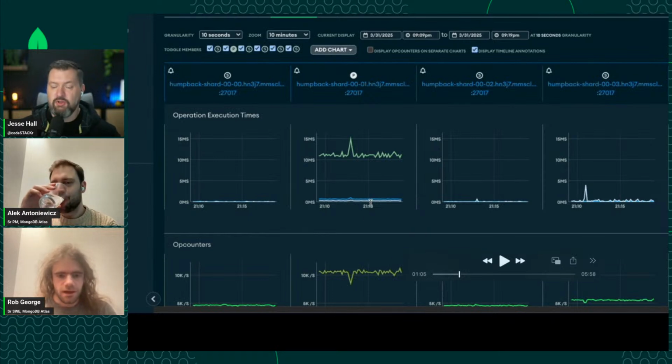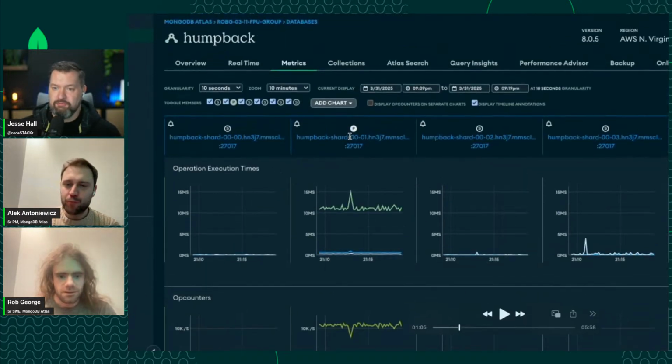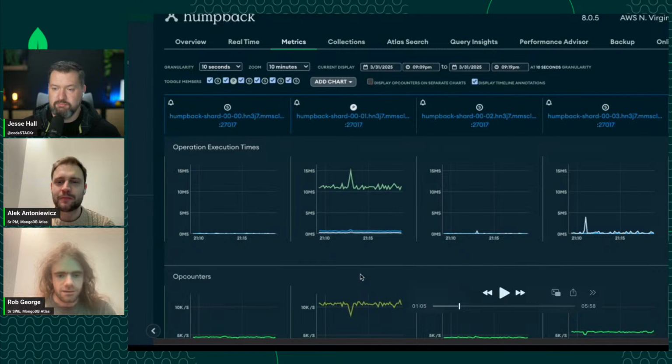Okay. So right now what I've got up is an example of a cluster that has a write workload where the cluster is a little bit constrained. So we can see, in the Atlas metrics UI, that the execution time for writes is a little bit high, and we're around 10,000 operations per second. And I'm going to go through the process that you would do to scale up this cluster, fast forwarding through some of this a little bit.